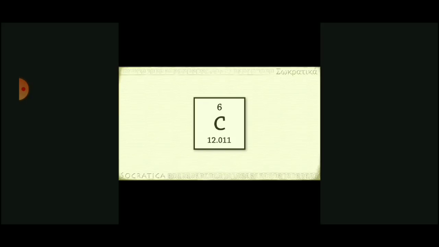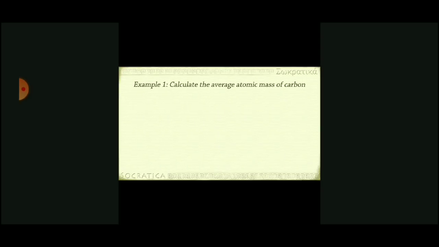But the abundance of each isotopic element may differ. Just take carbon. So the abundance of these isotopes is taken into consideration while calculating the atomic mass. Now calculate the average atomic mass of carbon. Carbon 12, how will you write? You have 6 protons plus 6 neutrons. Carbon 13, you will write it as 6 protons plus 7 neutrons. Carbon 14, you will write it as 6 protons plus 8 neutrons.